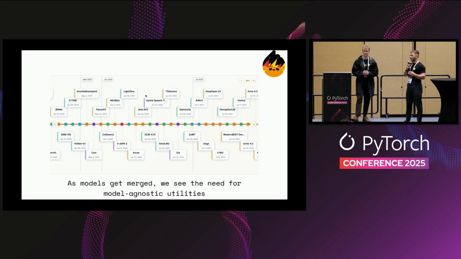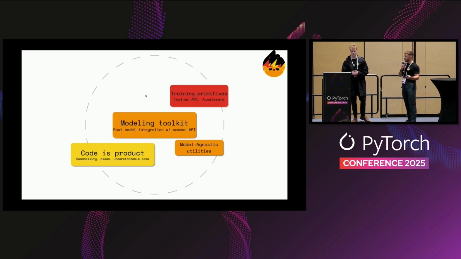But even lower down the stack, for example, we have an attention interface that interfaces with all decoder models to enable switching from one attention to the other, or the cache mechanism allowing you to manage your past key values or caching mechanism across different models. And so this led to the fourth pillar that we have here, model-agnostic utilities. And all of those four pillars are what really paved the way for V4 to become what it is. All of those were existing at version 4 and still exist for version 4.57.